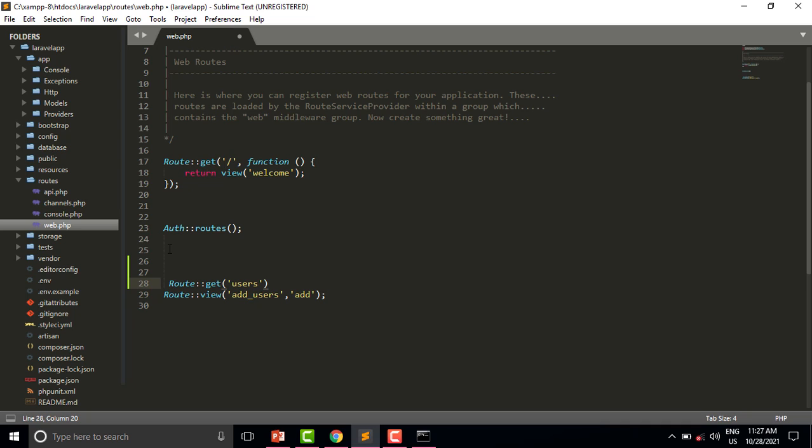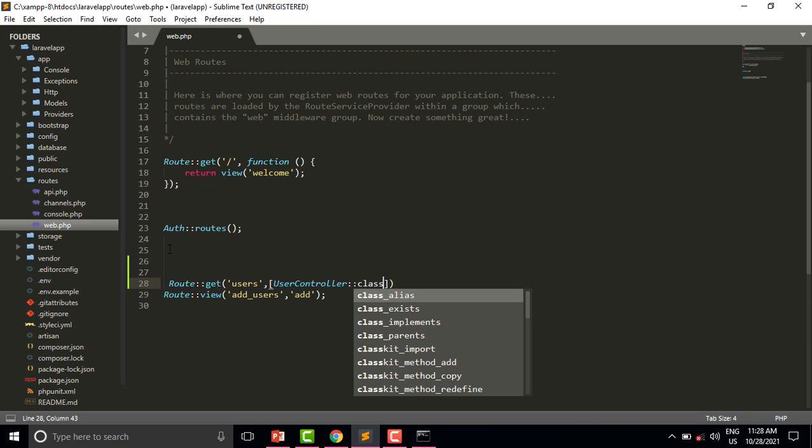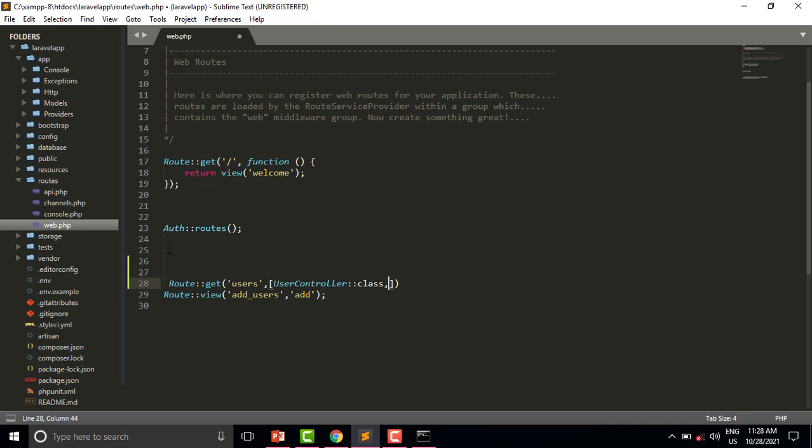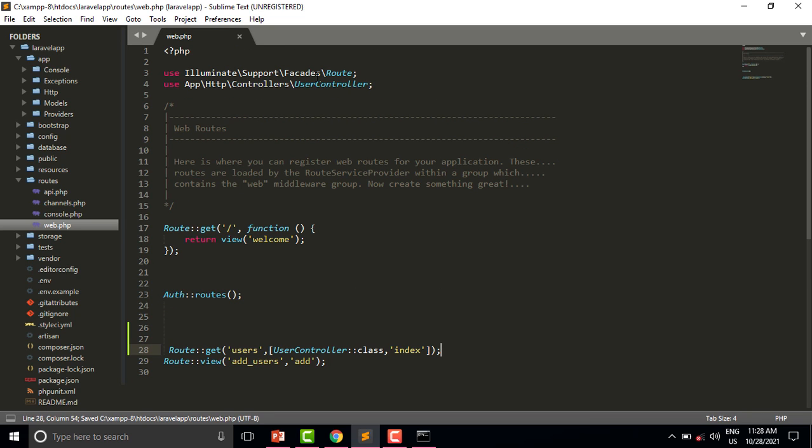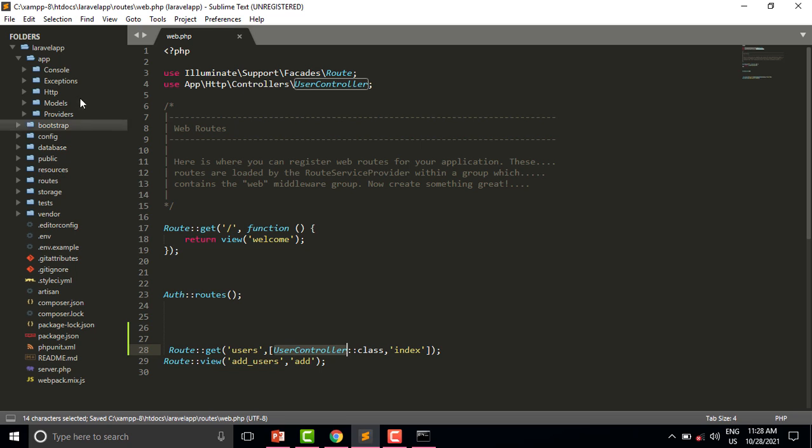And in the next parameter we will pass the controller, UserController, and in the next parameter we will pass the name of the function, index; semicolon, and save this file. So we have imported the UserController in web.php.